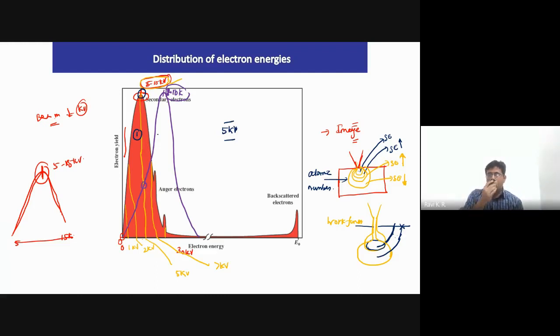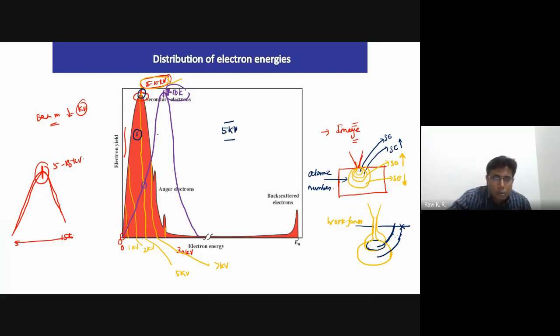One thing you need to understand from here is that you have to identify the optimum kV for a particular sample. It's not only the kV that gives you the resolution; there are other factors which we'll discuss in this class that also affect the resolution. But one thing is clear: there is nothing called an optimum for all samples. You have to vary and check, and find that for this particular sample, this is the range where I'm getting the highest electron yield, which can give me the best secondary electron values.